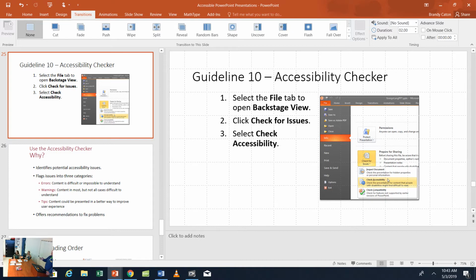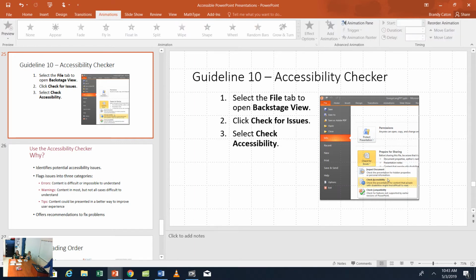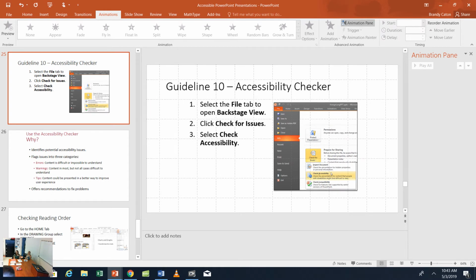Are you talking about transitioning? Transitions, yes. It's easy to do in transitions. It's on the right-hand side, Advance Slide, and then you have to put in after how many seconds, all the timings. What I actually do is use the animations, because I have to add the animations in to show the text and everything, and then the animation pane will open up over here.